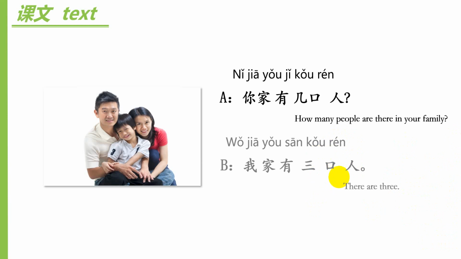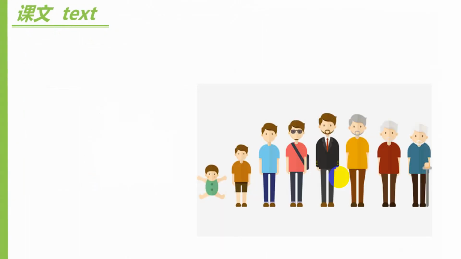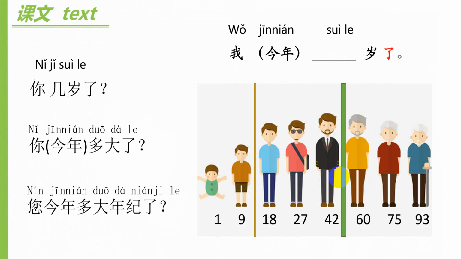3口人。Okay, and then to ask the people's age. So we will use different sentences to ask different people. Such like who is younger than 10 years old, which sentence do we use to ask the age? 你几岁了？ That's good. Now for these people, we will use 你多大了？你今年多大了？ Okay. Now for the elder person, we will say 您多大年纪了？您多大了？您今年多大了？